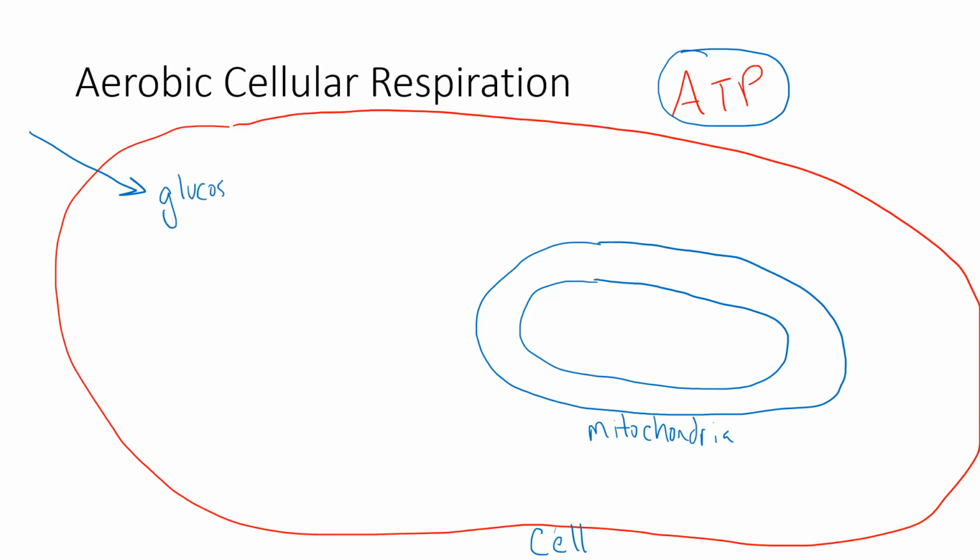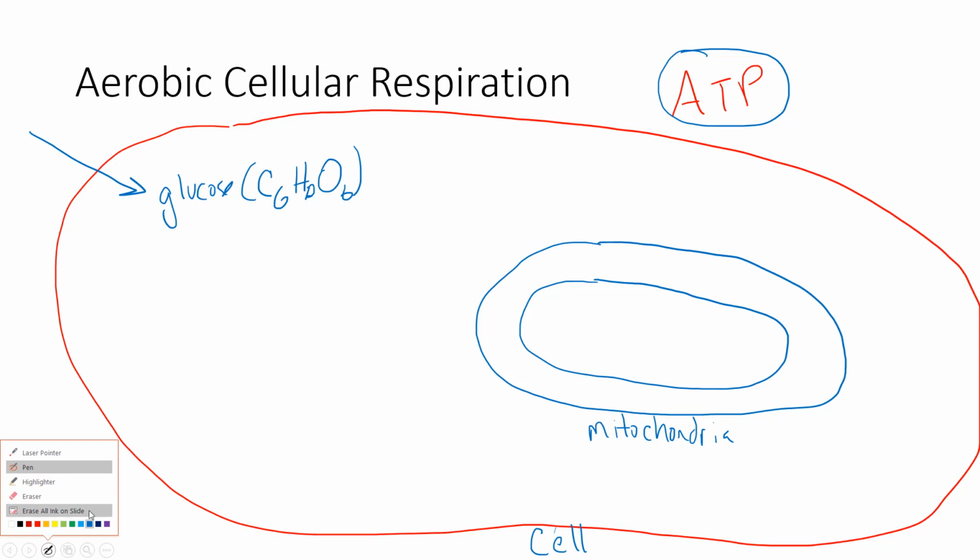The chemical formula for glucose is C6H12O6. This is a simple sugar, a monosaccharide, and when glucose comes in or is imported into the cell,